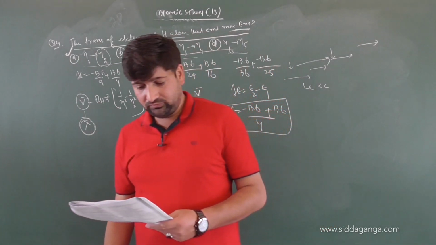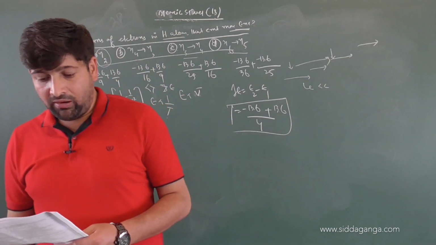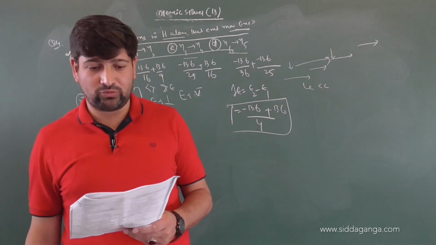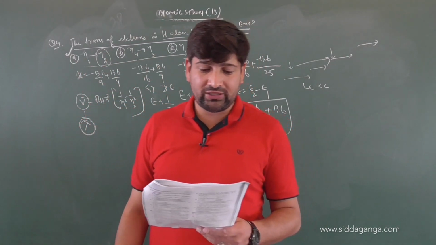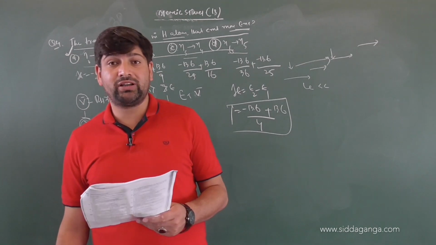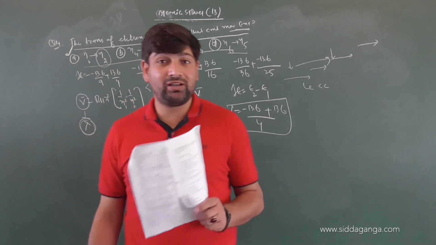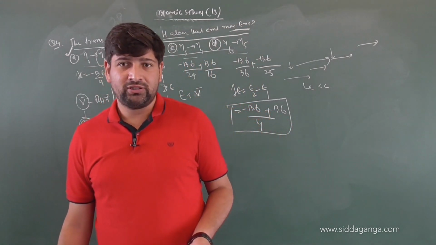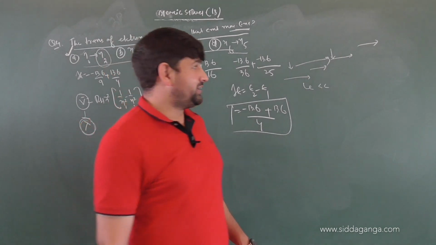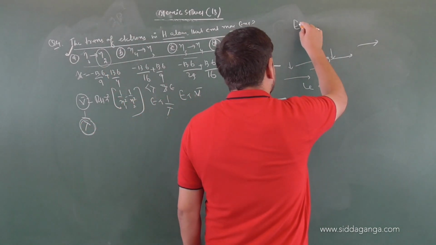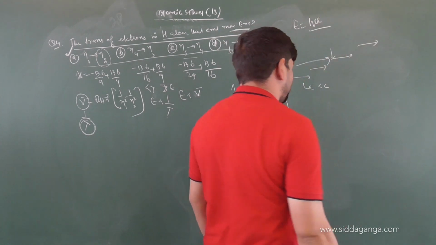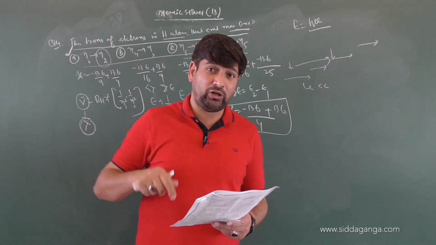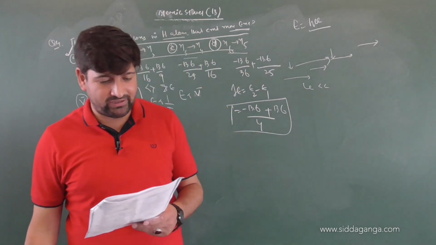Question is, which of the following is not a characteristic of Planck's quantum theory of radiation? I'll just say this question directly because it is a theoretical question. One: radiations are associated with energy. We already know it. Energy associated with radiation is given in terms of small discrete quantities, and the energy of each discrete quantity equals h nu. This is correct. Our question is, which of the following is not according to Planck's theory?